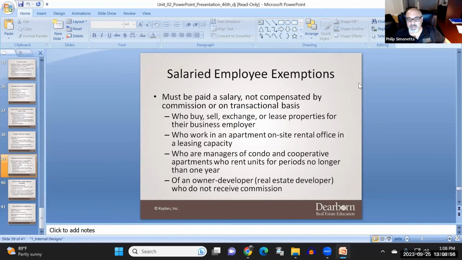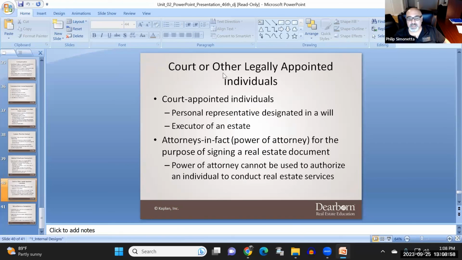Those are the exemptions. Now, what about the court or other legally appointed individuals? So you have court appointed individuals. This is personal representatives designated in a will, an executor of an estate. The court appoints them, they can handle the transaction. Attorneys in fact, that's a power of attorney for the purpose of signing a real estate document. A power of attorney cannot be used to authorize an individual to conduct real estate services. So a power of attorney can't be on a contract or in a listing agreement,